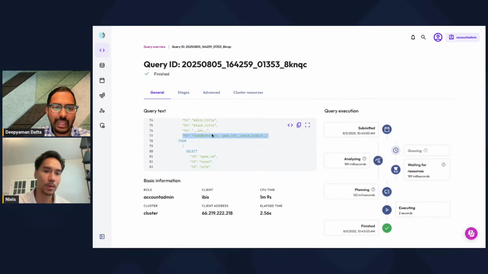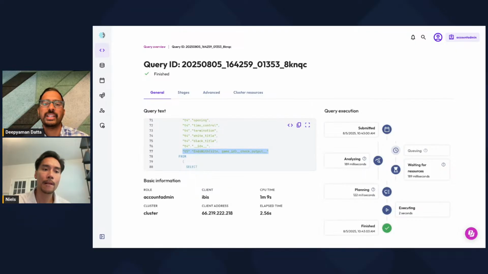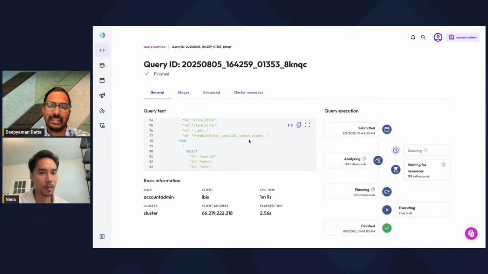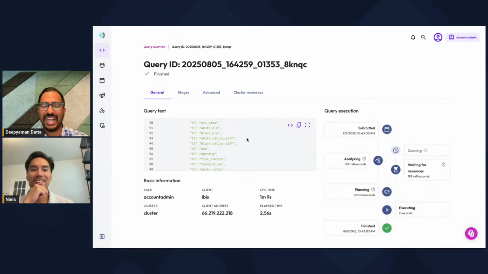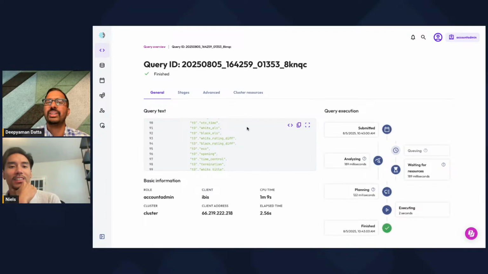Yeah, and it's being translated into specifically the dialect that's getting executed for Trino. Here we can also see that example where I create that ends-with expression in the Trino SQL. So ends with site game ID, and then there's the little bits of Pandera internals of how it's creating these temporary column names and the queries that it's going to use and how it pulls this all together. So I just thought it was very cool to be able to actually see how it's getting executed on our distributed backend here. It's actually being done by the Ibis client.